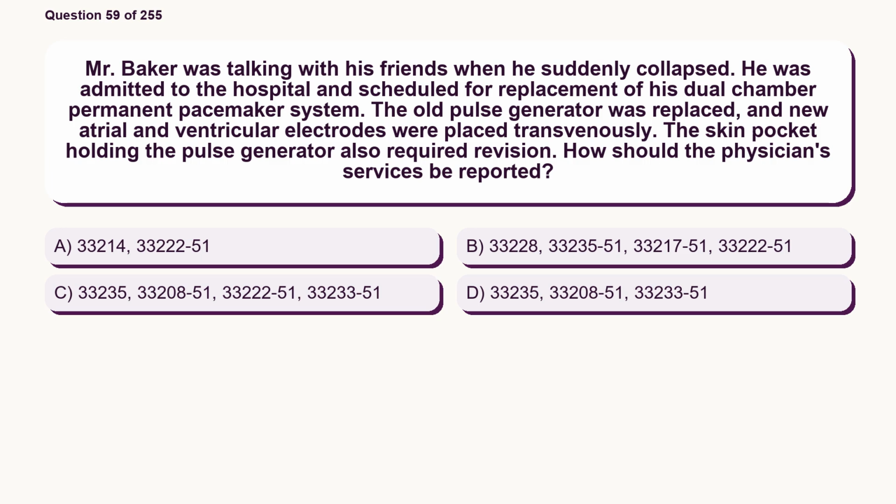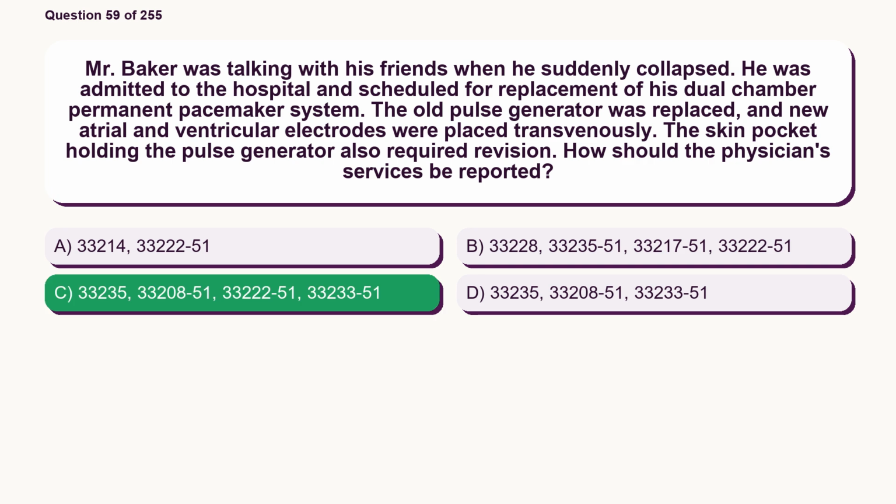Option C, 33,235, 33,208 to 51, 33,222 to 51, 33,233 to 51. Option D, 33,235, 33,208 to 51, 33,233 to 51. The correct answer is option C,